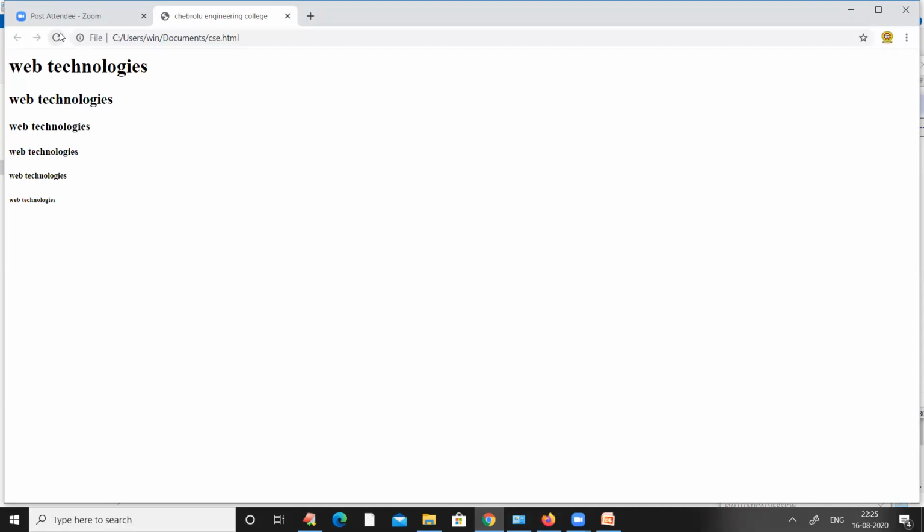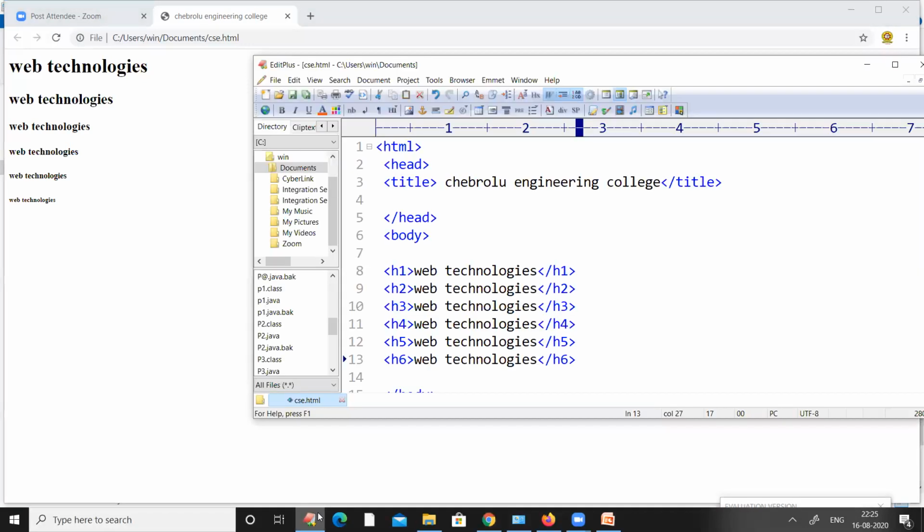The changes will be applied to this program, and you can observe we have written web technologies 6 times in the document. I will show the program document. All the 6 types of web technologies are included in between H1, H2, H3, H4, H5 and H6.